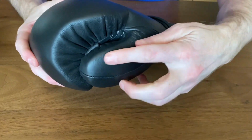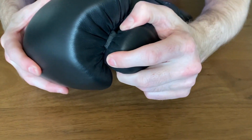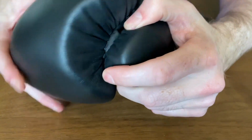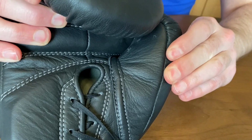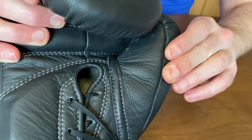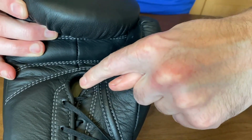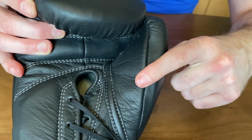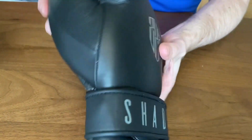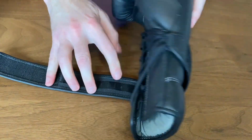The thumb, you've got that Grant style split thumb, and then you've got, again, the leather attachment, and then at the front you've got quite unusual in that you've got the 3 small holes and the 1 big air hole as well, but that bit in the middle there is closer to that hole at the center of the glove. Okay, then we come onto that wrist, and you've got this Velcro and lace wrist combination,